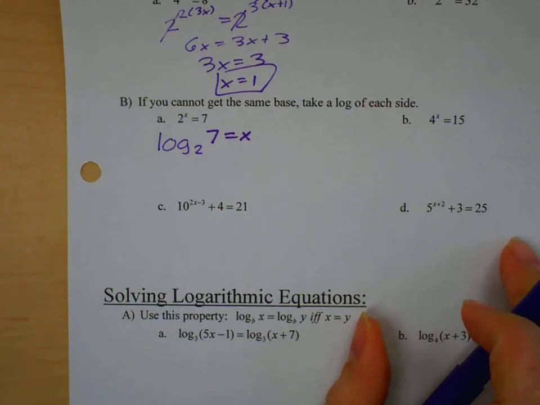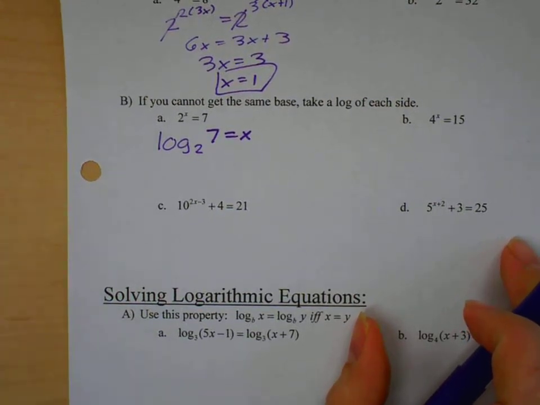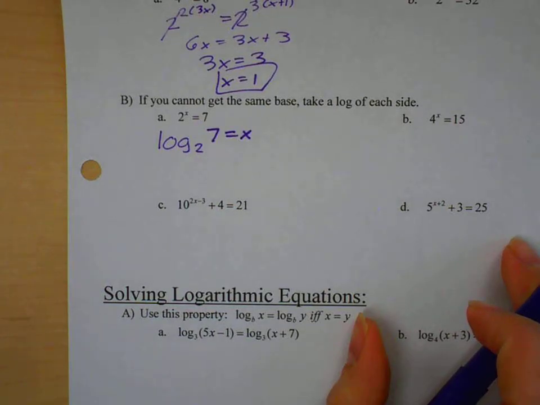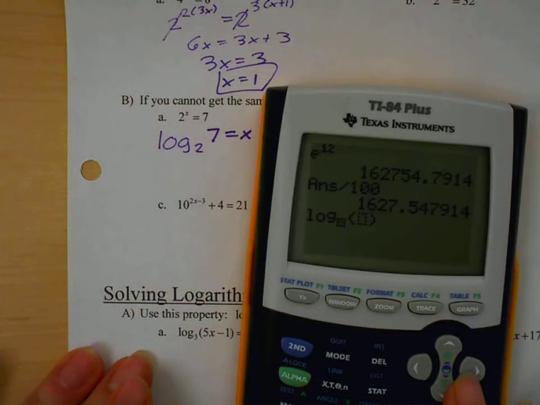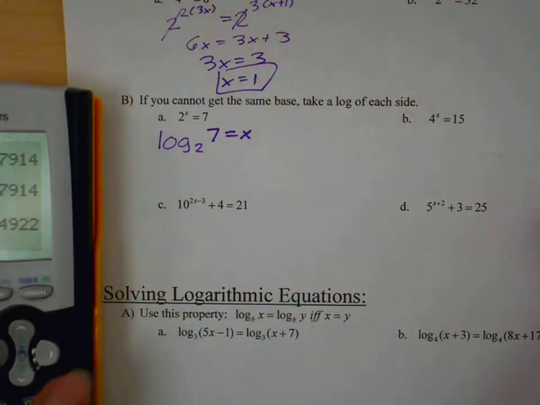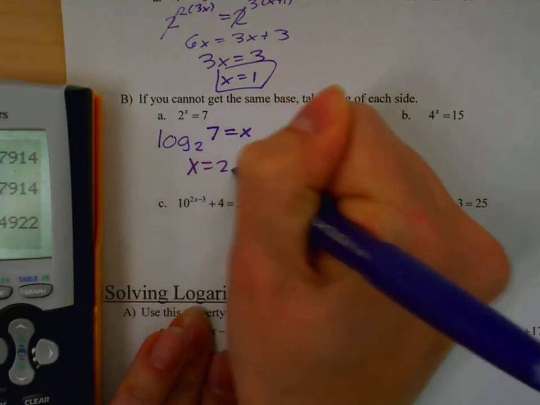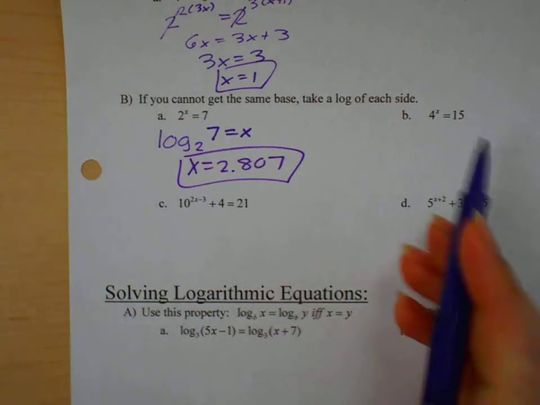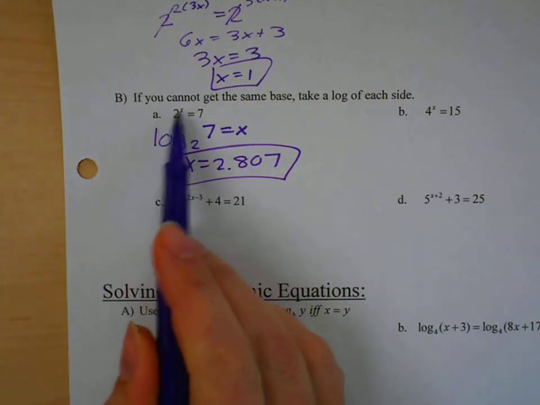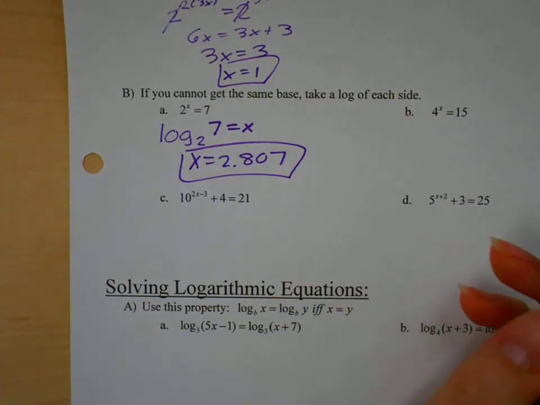So you do alpha window 5 to put it in. So the green alpha button, the window button, the 5. It looks like this on your screen. And you'd put in 2, you'd put in 7, you'd hit enter, and it tells you x equals 2.807. Now, this one was already by itself. If it's not by itself, you want to get